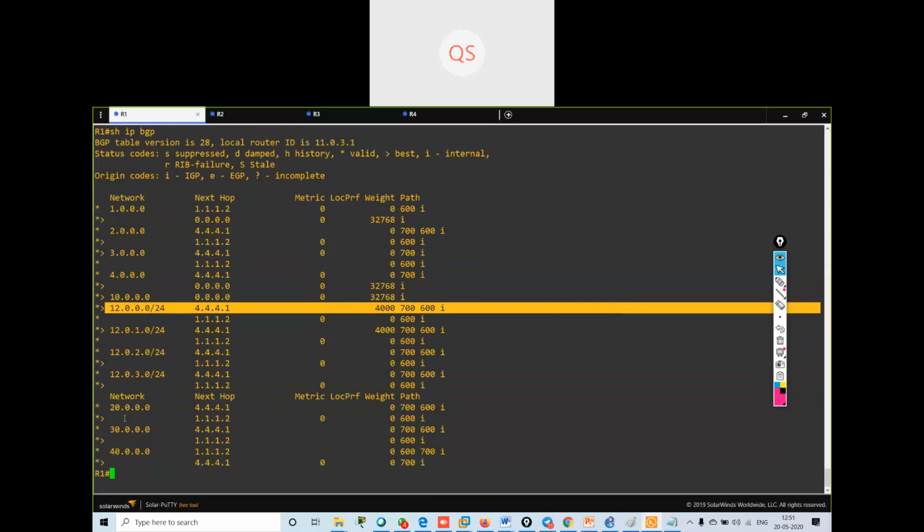The weight command usually does not share the information. So if I configure it anywhere in iBGP, it will not be useful. Understood? It should be a border router. You have to configure it on the border router only. Understood? Yes, sir.